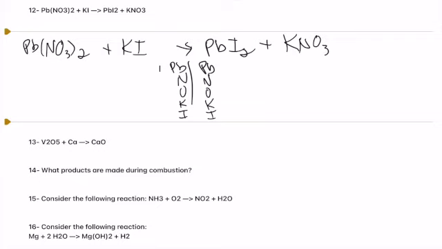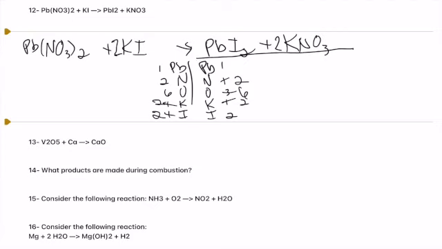And so we start counting, and I have 1 lead, and I have 2 nitrogens and 6 oxygens, 1 potassium, 1 iodine. On the product side, 1, 1, 3, 1, 2. So again, we'll try to save O and H always until the end when we can. And so we'll start with our potassium here. We'll put a 2 in front. But now we're unbalanced over on the potassium and iodine. But a simple coefficient of 2 on potassium iodide helps us balance again.